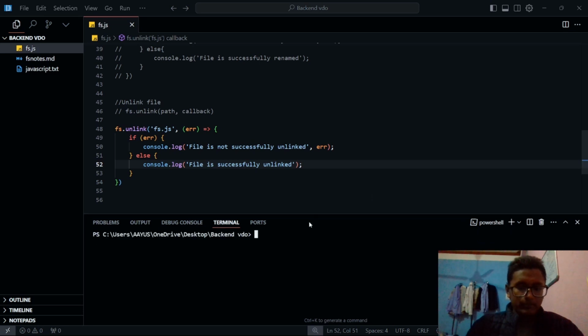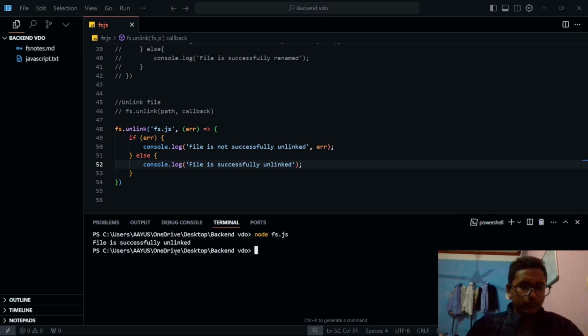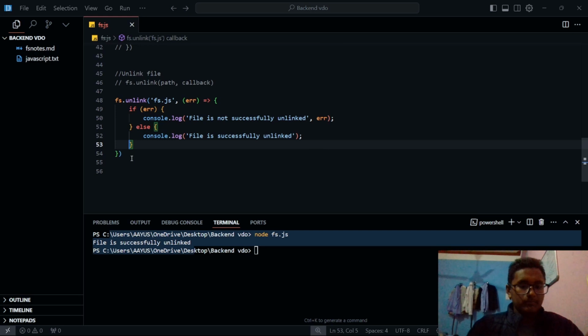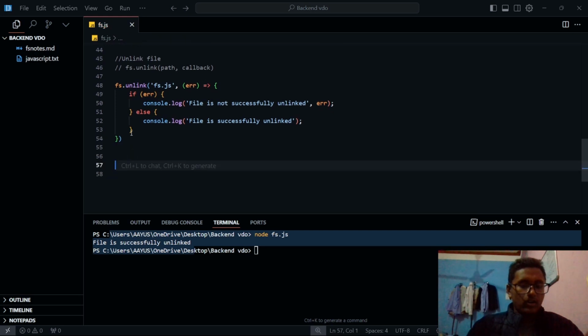It's taking quite some time. Let's see. Now the file is successfully unlinked. So you can see that file.js is now unlinked. It is deleted. And if I write here again, and I copy this,